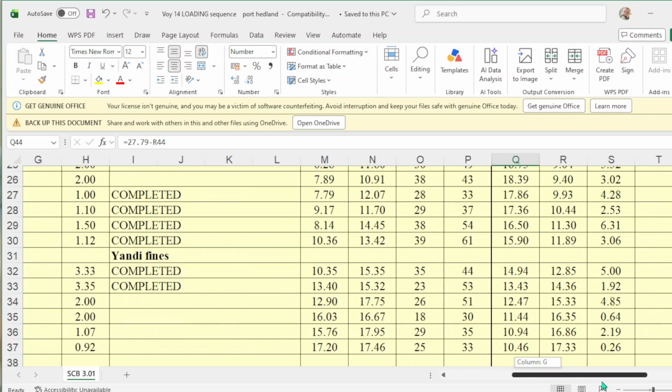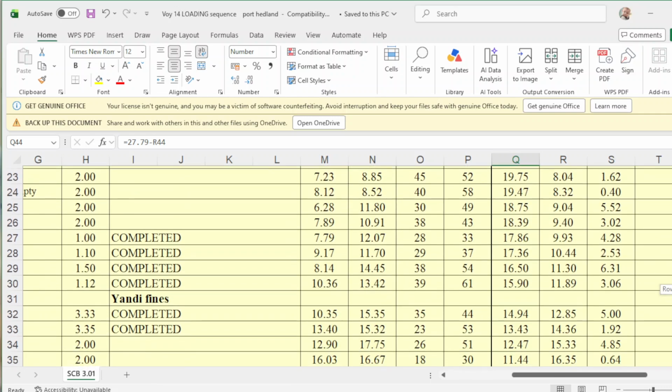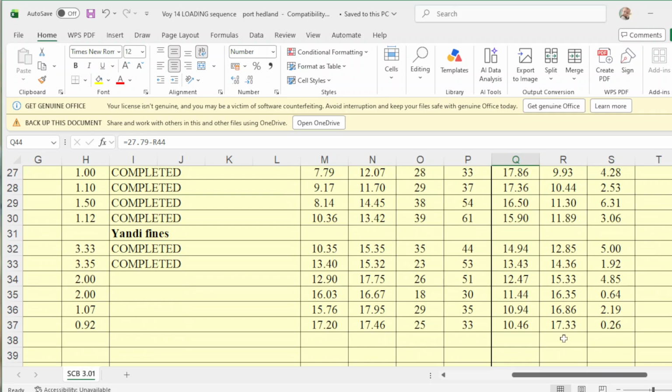you have an initial draft of 17.20 forward, aft draft is 17.46, and your mid draft is 17.33, and this is your initial trim.